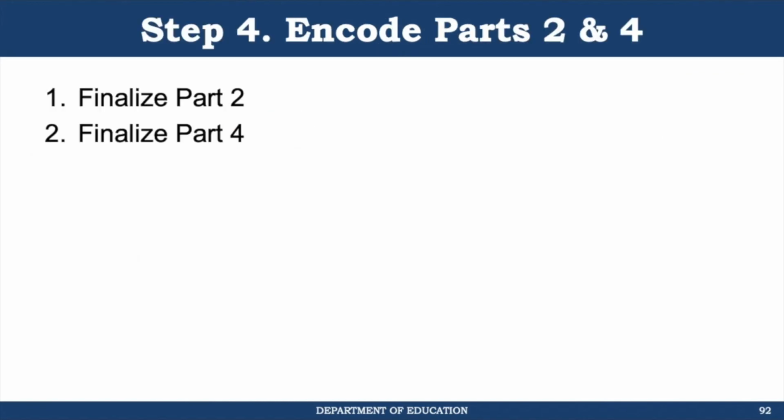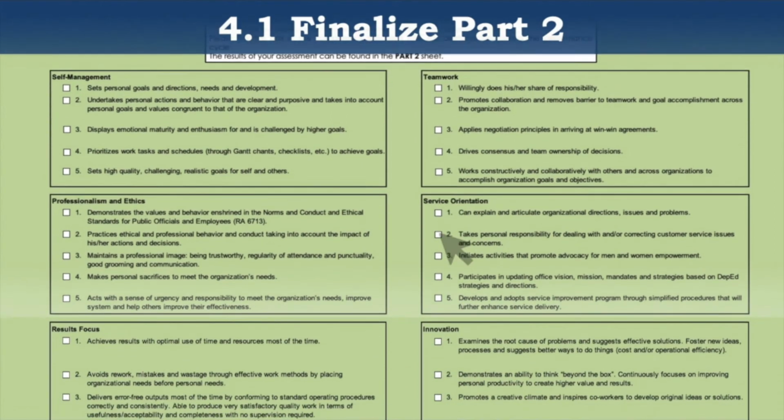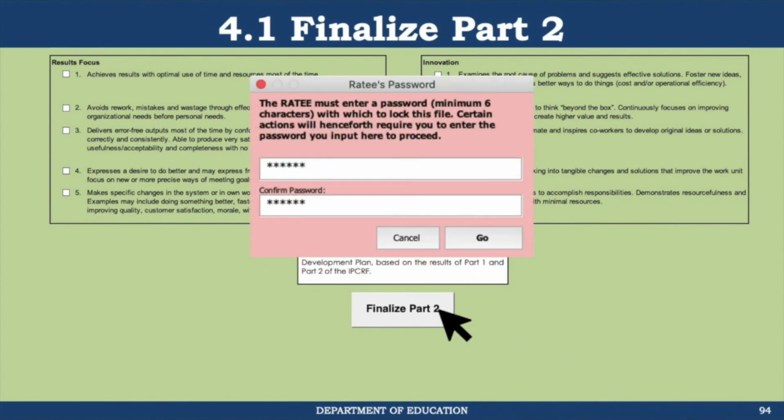Okay, here are the steps involved. Let's begin with finalizing part 2. Back in the encoding tab, below part 1 is the part 2 form. The Ratee only needs to tick the boxes of the competency indicators that he or she has demonstrated during the performance cycle. After ticking all the appropriate boxes, the Ratee will then click Finalize Part 2, which prompts for